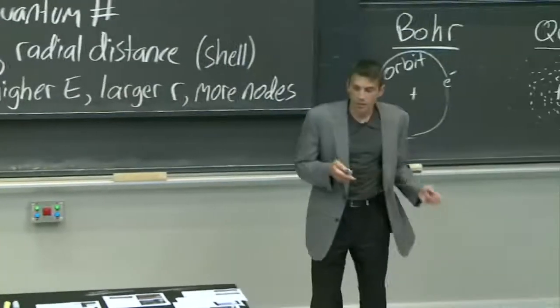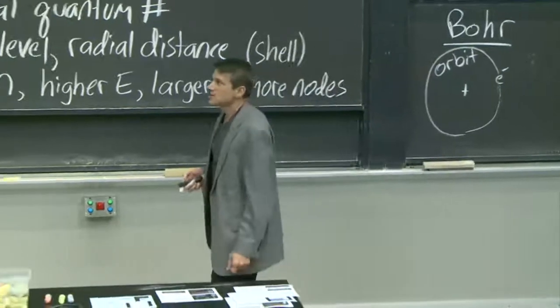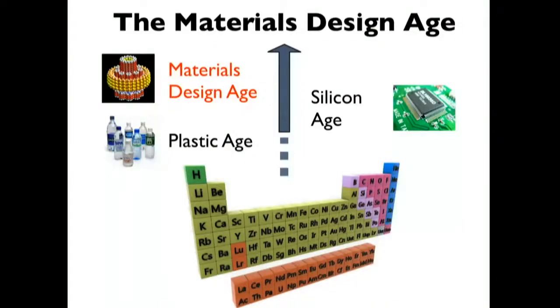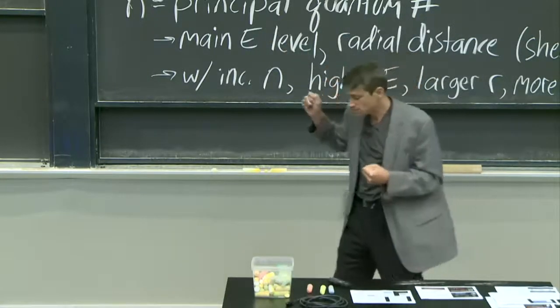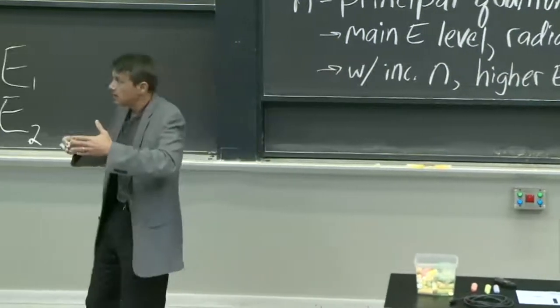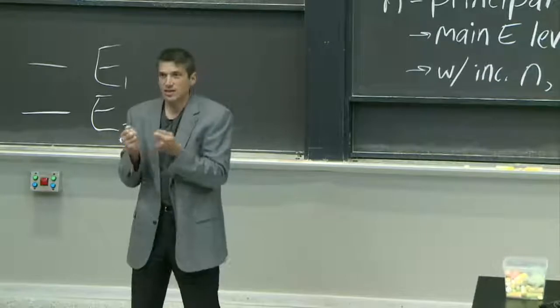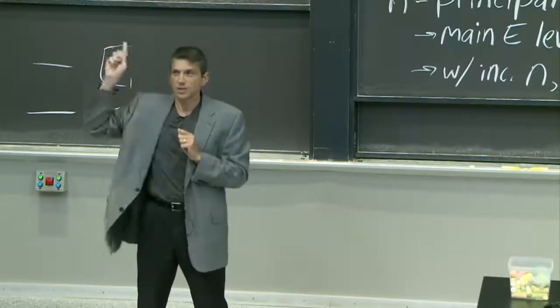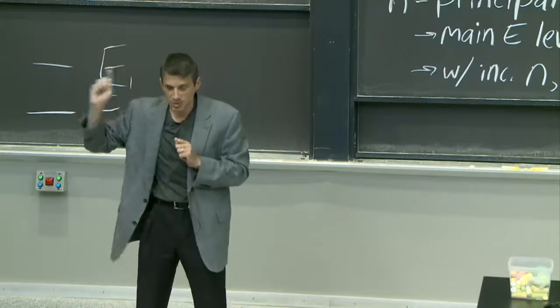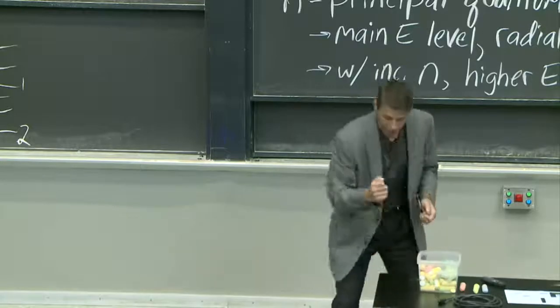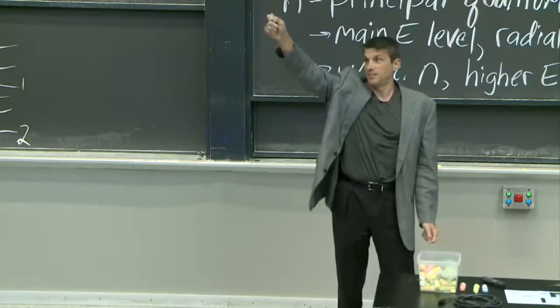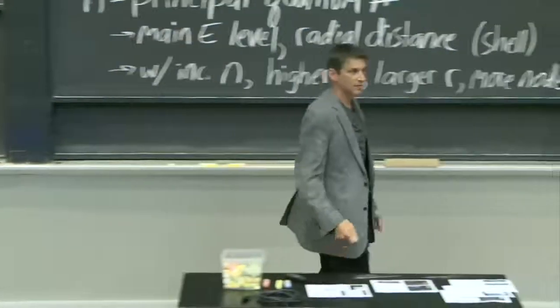Now, what this means, why this matters, is nothing less than the periodic table itself. I think I showed you this, we're living in these different ages, which I love. We have the periodic table, and the ability to work with it is what's brought us to the age of materials design. But now I've literally just told you that by changing the size, nothing more than the size, I can tune a property because of quantum mechanics, because I'm changing its quantum mechanical interactions. It would be like saying I can break a piece of this table, and it's now going to be red. That's exactly what we're doing, but at a very tiny size.